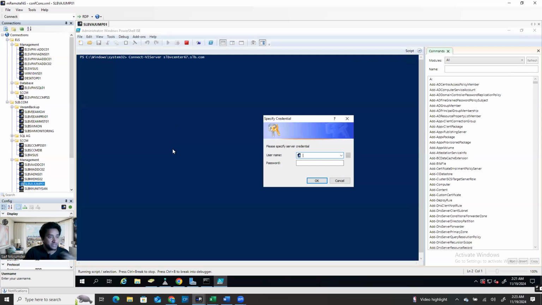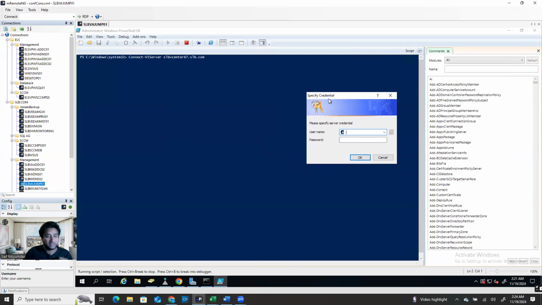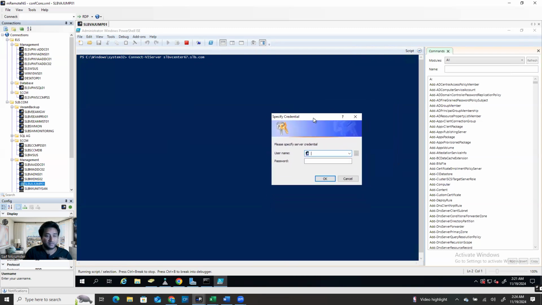But the vCenter I'm using right now is not integrated with Active Directory. So every time I run this command, Connect-VIServer with the vCenter name, it gives me this login window. So you have to provide the username and password to log into the vCenter. It's a vCenter credential.